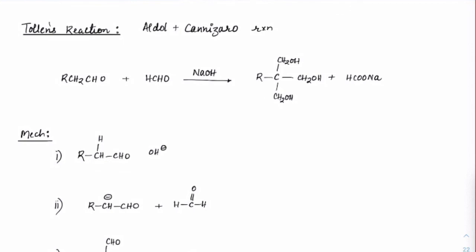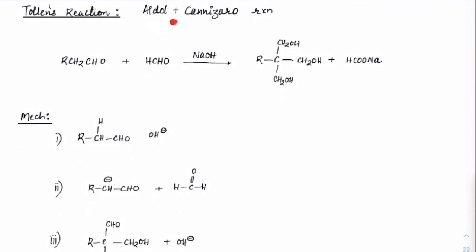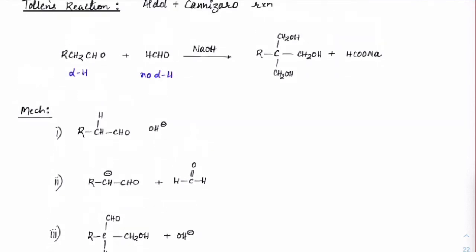Now, the last bit of reaction is the Tollens reaction. Tollens reaction is a mix of aldol and Cannizzaro. Got it? So first, suppose you have a group which has alpha hydrogen and the other one doesn't have alpha hydrogen, in the presence of NaOH. We have discussed this. We used to call this Claisen-Schmidt condensation reaction. So first we do Claisen-Schmidt only. But over time, in the last case, you will see Cannizzaro will take place, and you will get this as the overall product. Let me show you how the mechanism is driven here.